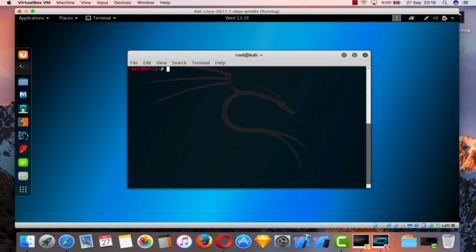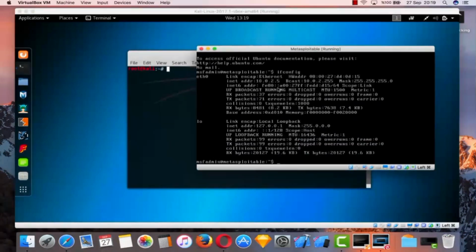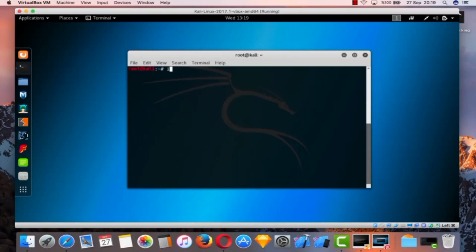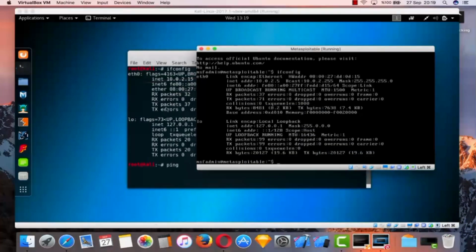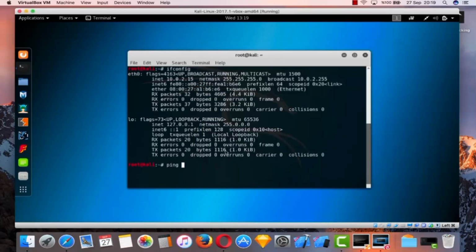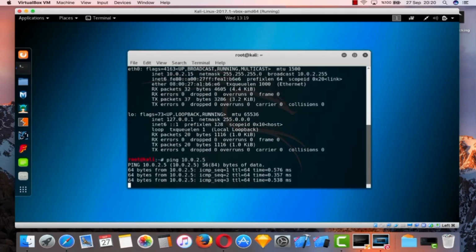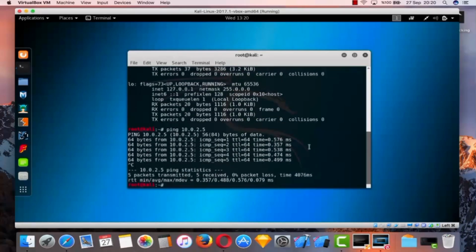And don't be confused. We can use this Nmap, we can use this vulnerability scanning in outside networks as well. If this wasn't a Metasploitable, but rather a web server with a completely different IP, then I could have just pinged that IP and I could have run an Nmap scan against that IP as well. But since they are on the same NAT network, I have to be sure that they can see each other. So if I ping 10.0.2.5 right now, it will send some requests and get a response back from